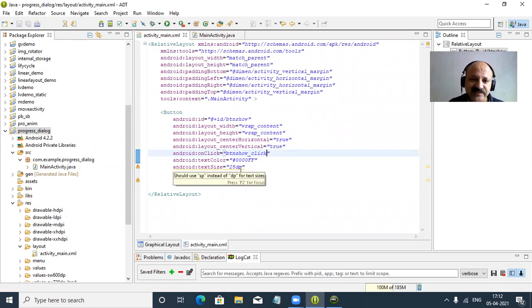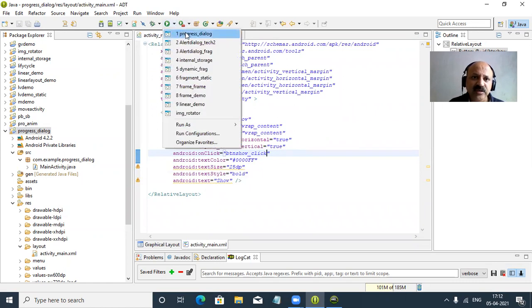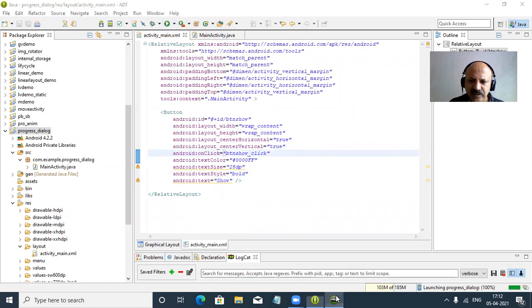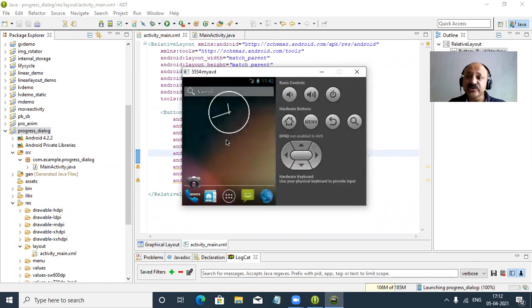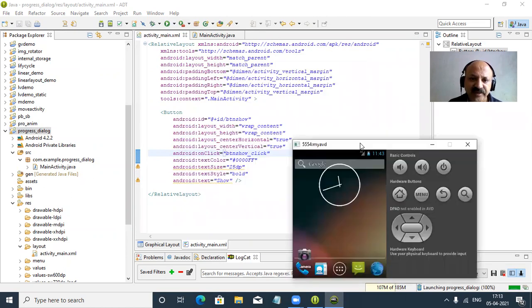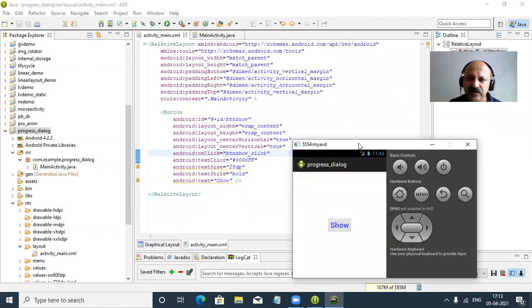So Control S, and now I run our app again. So look, that is here. I think now that is perfect. So no such method, we can use any error. So detect it in the Logcat window. That is a very simple error: our onClick event is not matched to our layout, which means what we provide in the XML file.